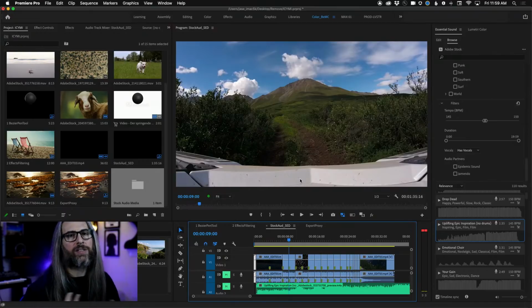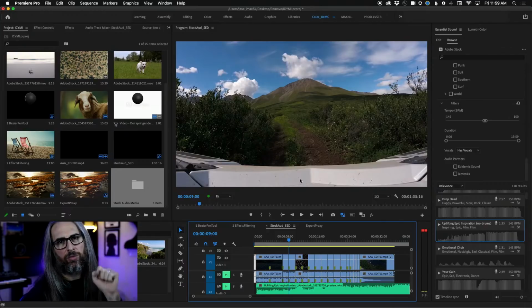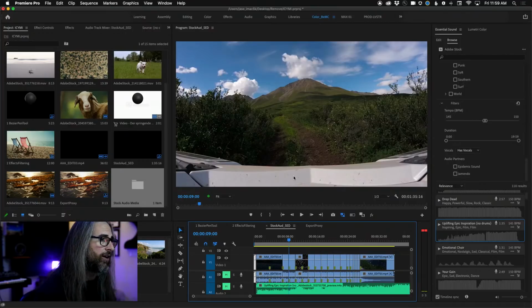Where it doesn't really do so well necessarily, although it can surprise you, is if you have transitions, or sometimes if you do the flash to white, a clip, two frames of white or black or something like that, sometimes it can throw it off. So we're going to see what it did here. So if I just go ahead and play.